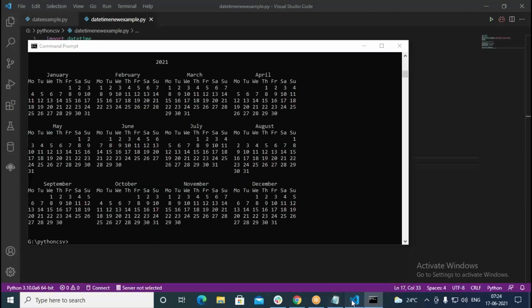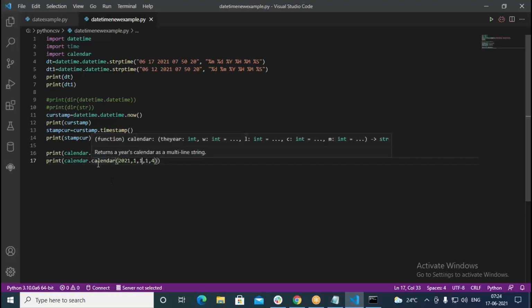So whenever we go with the calendar, the first thing is the year. We take the year component, then followed by space between the two columns. Okay. Similarly, after that, how many blank lines you want to put between the rows? Only one blank line. Similarly, how much space between the 2 months? One space we require between the 2 months.